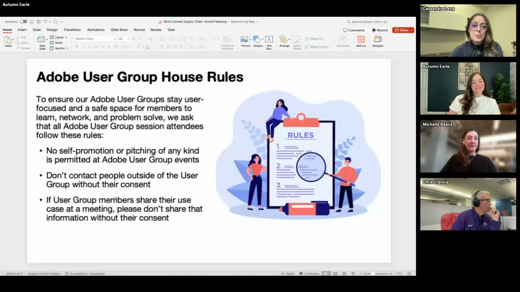Okay, so here are some house rules that we need to abide by. Please no self-promotion or pitching of any kind during any of our Adobe user group events. Don't contact people outside of the user group without their consent. And if user group members share their use case at the meeting, please don't share that information without their consent. So, simple rules, but we must abide so that we can continue to have a very fun time and learning